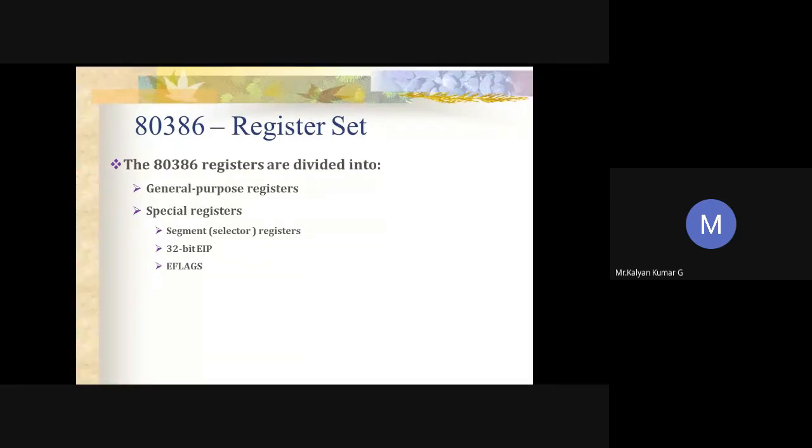So here we have general purpose registers and then special segment purpose registers. We'll see each register in detail. And I repeat, the same register set is available in 80486. It is almost the same register set, there is nothing different except your flag register. So when I teach 80486, I'll just keep this register set for 486 because almost all are the same.